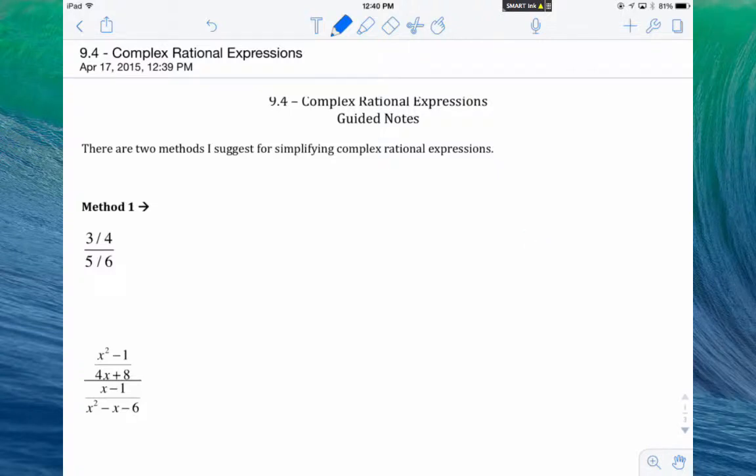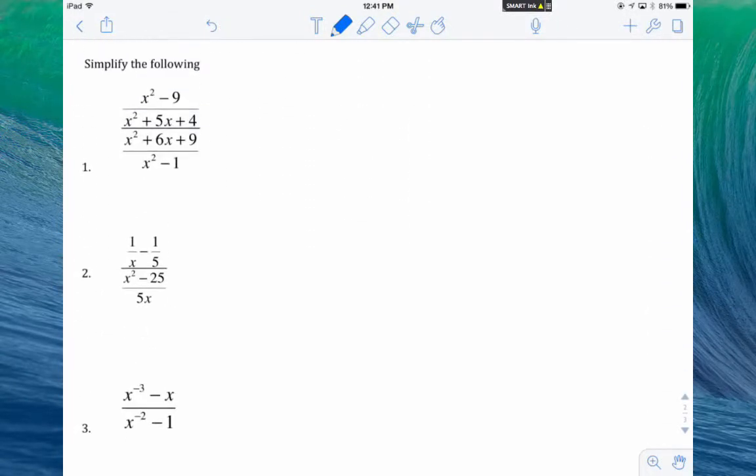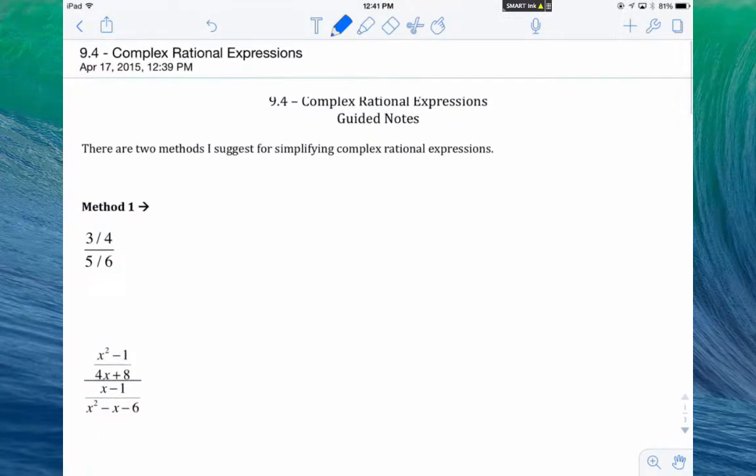Hey guys, and welcome to this lesson all about these things called complex rational expressions. And first things first, what is a complex rational expression? Well, a complex rational expression is more or less when we have fractions within fractions. So they're going to be these rational expressions that have polynomials all over the place, but it's whenever we have fractions within fractions, which can be really scary and seemingly overwhelming, but we got a couple of strategies that I